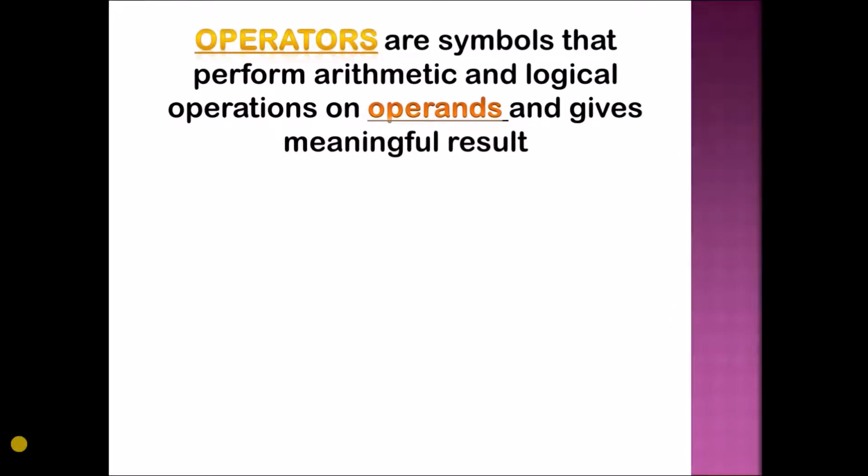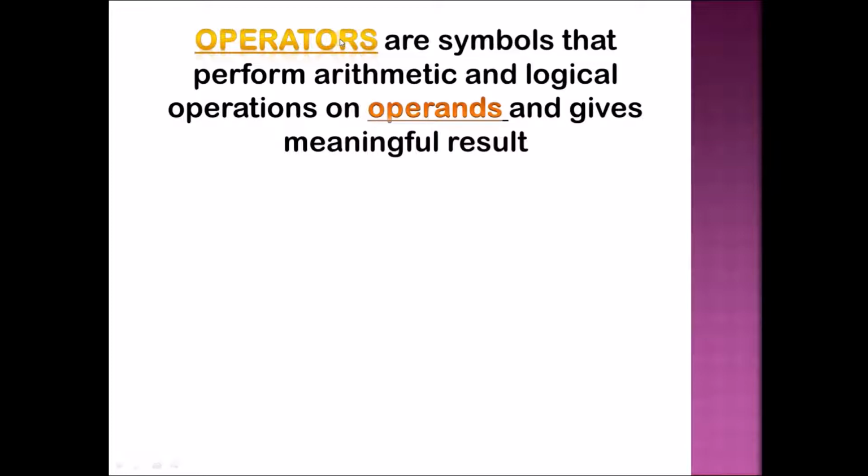Here you need to understand two important terms which I have highlighted. The first one is operators and the second one is operands. Operators are the symbols that we use. The arithmetic expression, when we solve it, the symbols that we use in that expression are known as the operators. And on which we use these operators, they are known as operands.